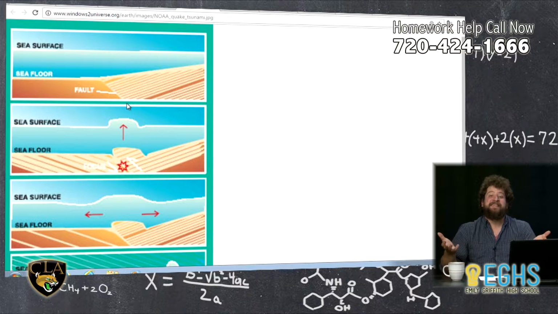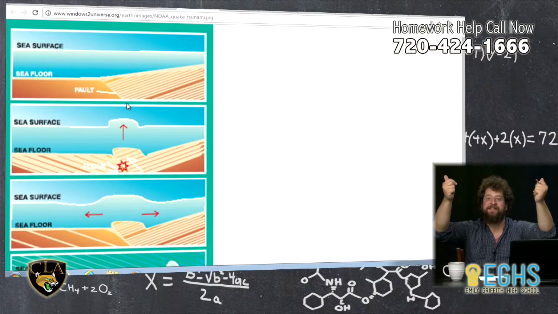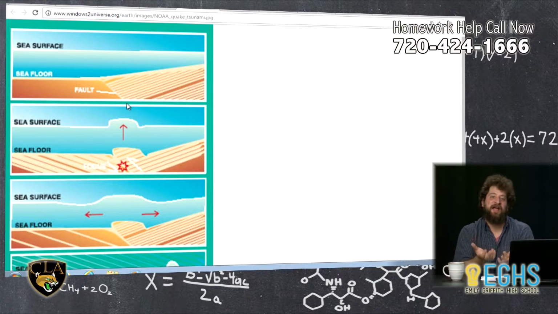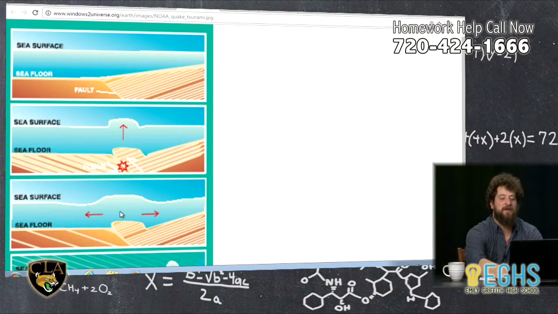And what that does is it literally raises water into the air and displaces some of the water. And then, of course, gravity, doing what it always does, pulls that back toward the earth. And the force of that coming back down, that water is going to move outward very, very quickly, at something like 500 miles an hour. And what you get then is this really intense wave of energy moving through the water.